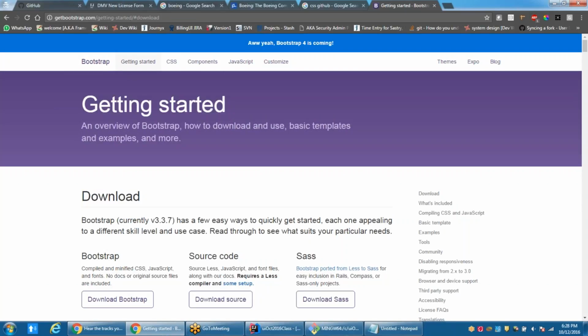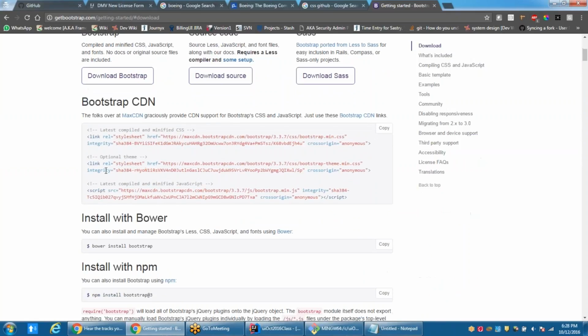This is a CSS framework. We will discuss that when we are dealing with CSS. But let's say I want to have Bootstrap added to my page, but I don't want to download the file. Okay, I cannot download the file. So what I can do is I can always have this URL